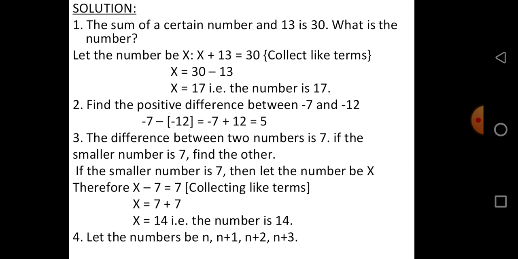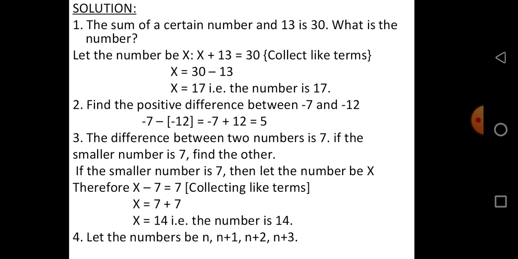Now, looking at this question critically may look confusing because we have minus 7 and minus 12, and we are told to find the positive difference. Now, the question that comes in is, between minus 7 and minus 12, which one is greater? Which one is the biggest number that should come first? Mathematically, when any number carries a negative sign, the higher the number, the lesser it is. So we say that minus 7 is greater than minus 12. Because of that mathematical fact,